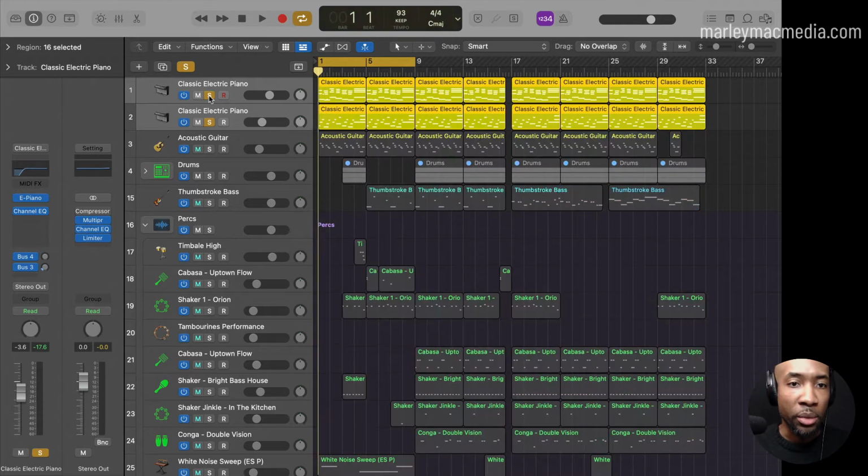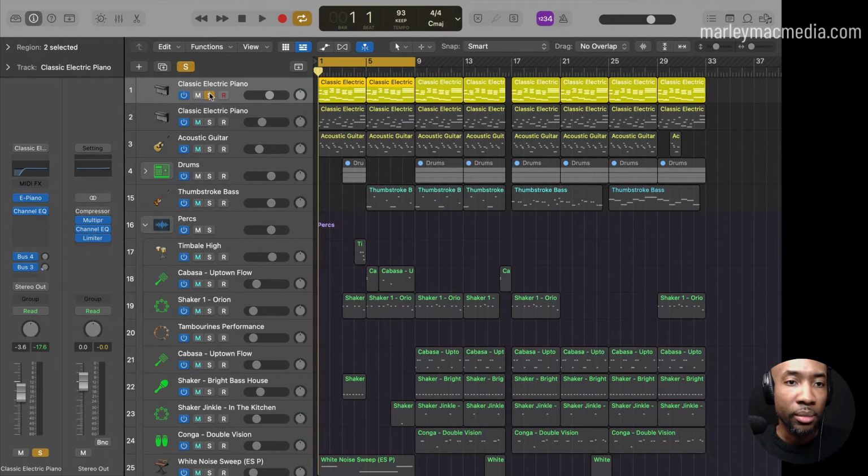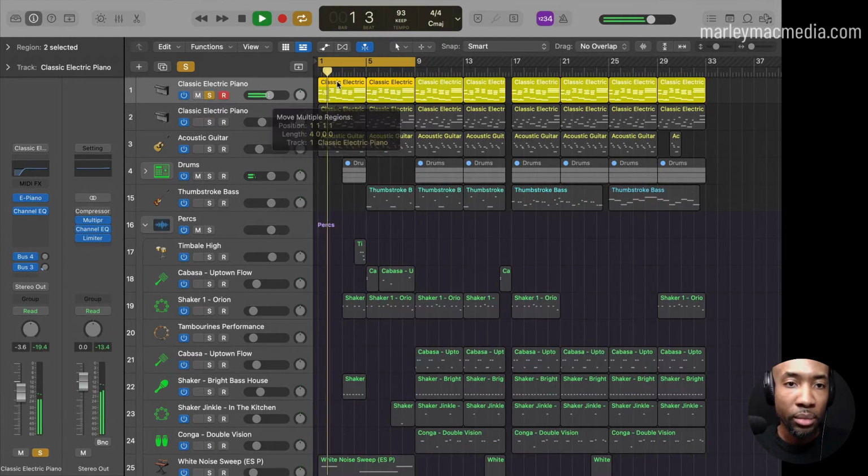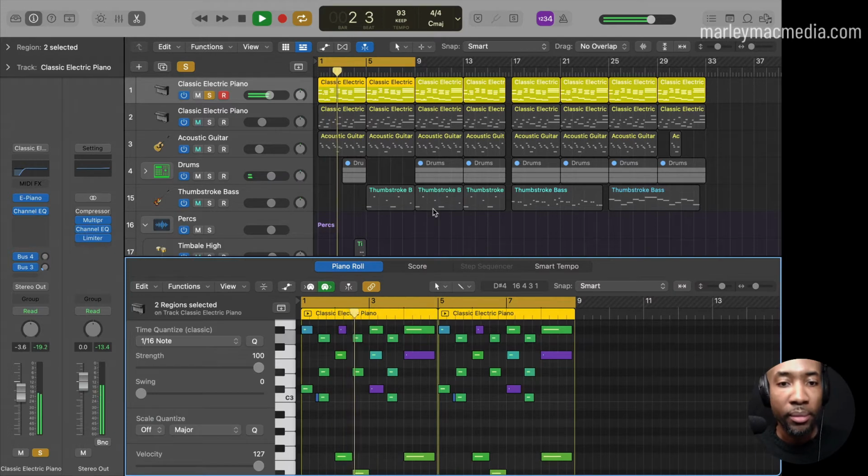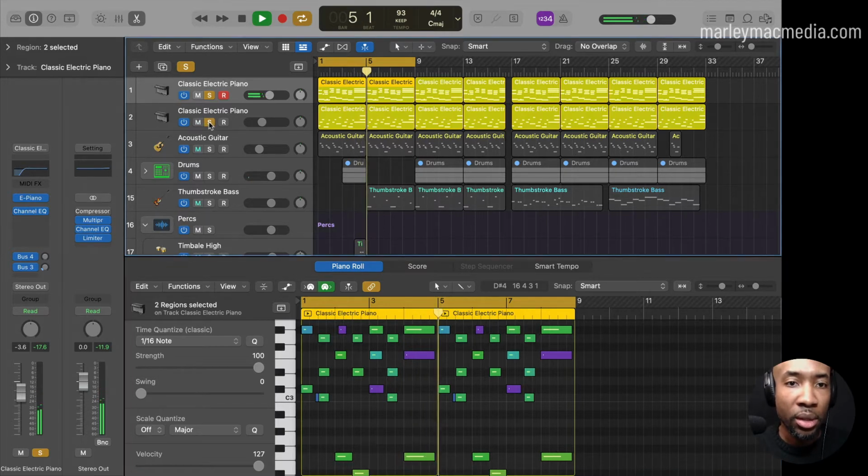So let's start with that one there, which is an electric piano. I've got two electric pianos on here. Actually, I'll just play one first. I'll show you the chords for that. And if I bring in the other one,